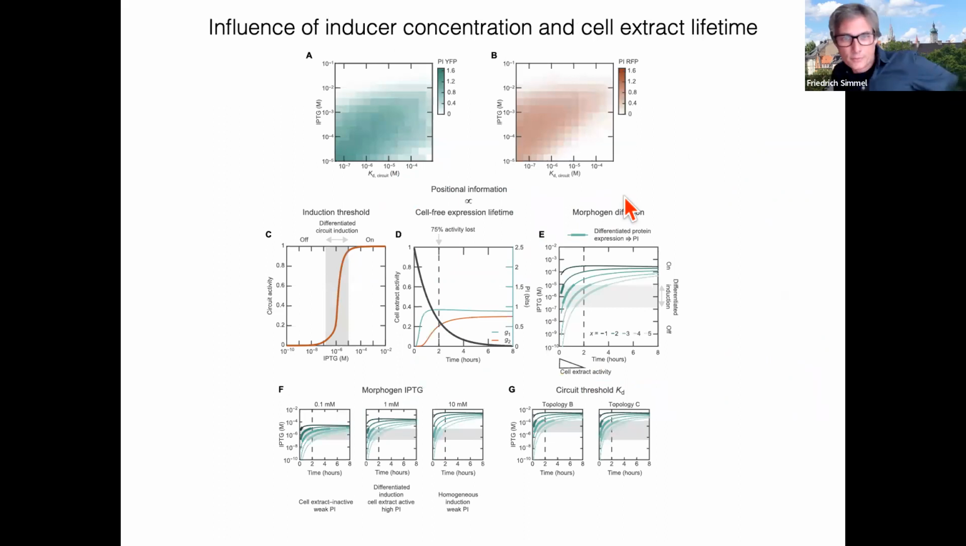So here's a summary of what we believe happens. One of the problems is that we have a certain induction threshold, shown here. We know that we need to have IPTG in this region to have a differential gene expression response. If it's very low, then we don't see anything. If it's too much, then there will be the same concentration of protein expression in every droplet. So we would like to be somewhere in the sensitive region of that